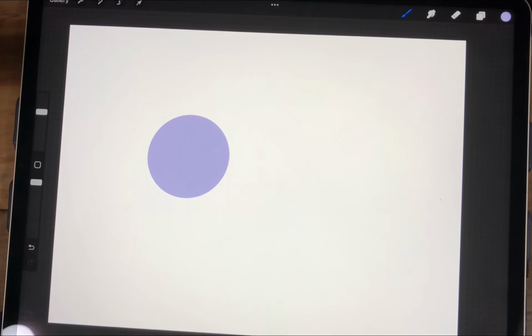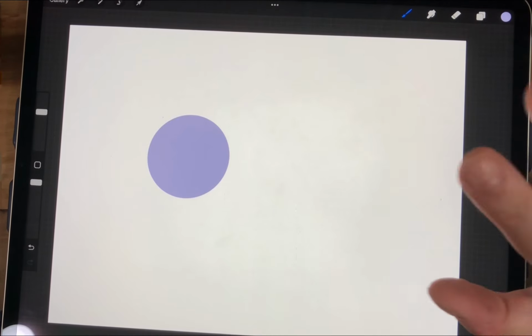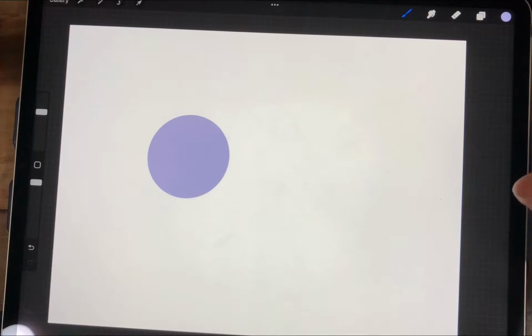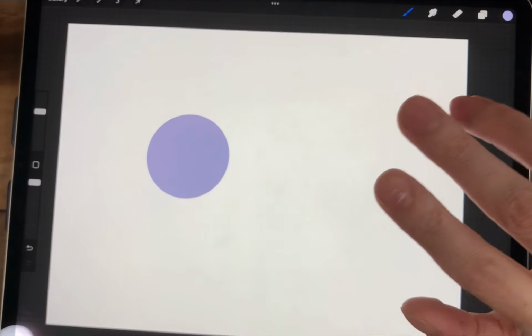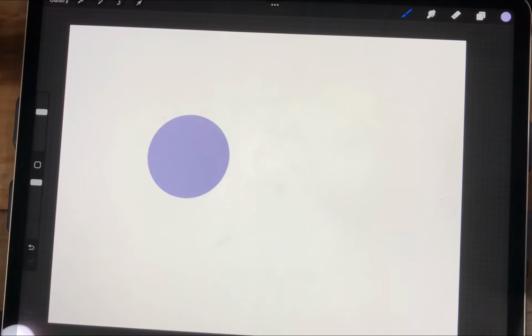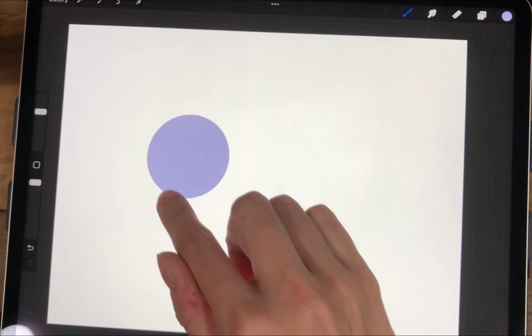In this video, we're going to learn about copying and pasting layers or shapes on each layer. It's pretty easy if you just have one element on each layer, but I'll show you more complicated versions if we have multiple things on one layer. But let's start out with just this circle. So I created this circle,